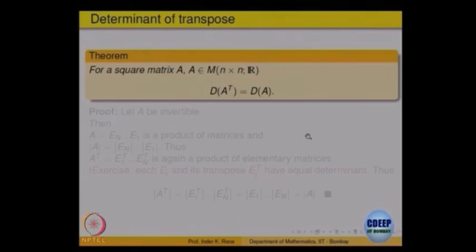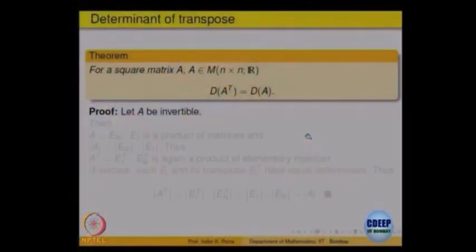How do you prove determinant of A is equal to determinant of A transpose? You can say, okay, we have expanding by rows and columns is the same, let us try to expand by columns and rows and do something. But here is a very simple way of doing it, again by using our abstract definition. Let us say A is invertible or not invertible, two possibilities. If A is not invertible, then determinant of A is 0. What is determinant of A transpose?